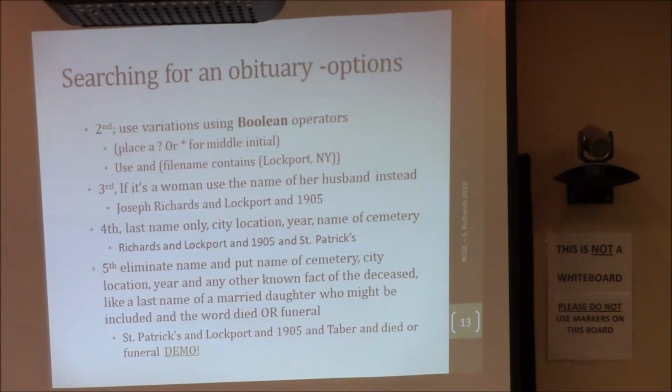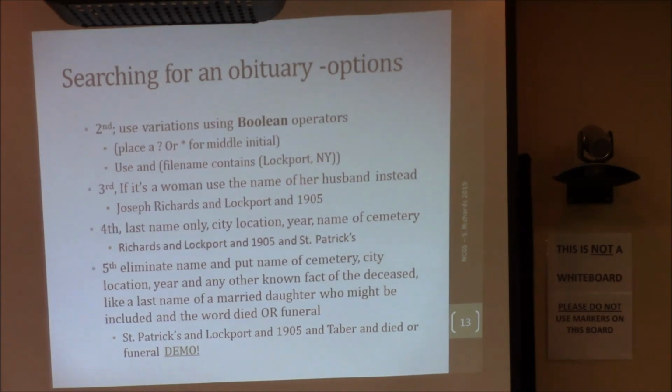So the variation is, instead of my name, I'm using my husband's name in the same other information. Because if I died, my obituary might have said Mrs. Joseph Richards. Or it could have said, here's another little problem. So in the 20s, for example,